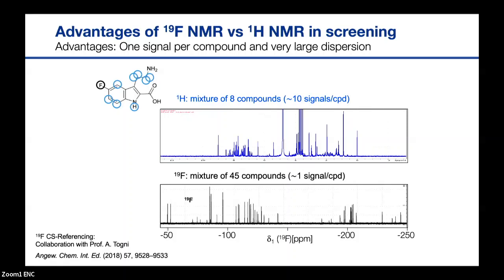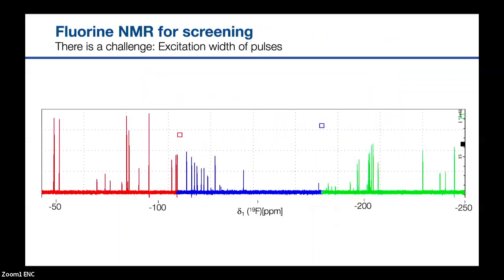With this obviously comes a problem. If I draw the hydrogen spectrum to scale, what you see is that we have a huge chemical shift dispersion in fluorine. That's great for overlap, but it's a problem for NMR. We cannot excite this entire spectrum. So essentially we need to chop it off and do different experiments